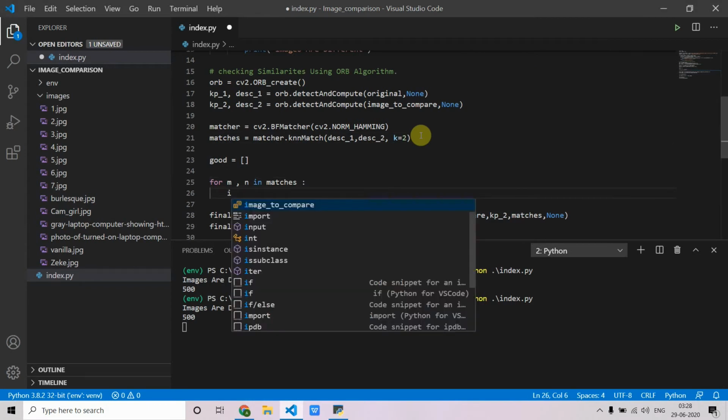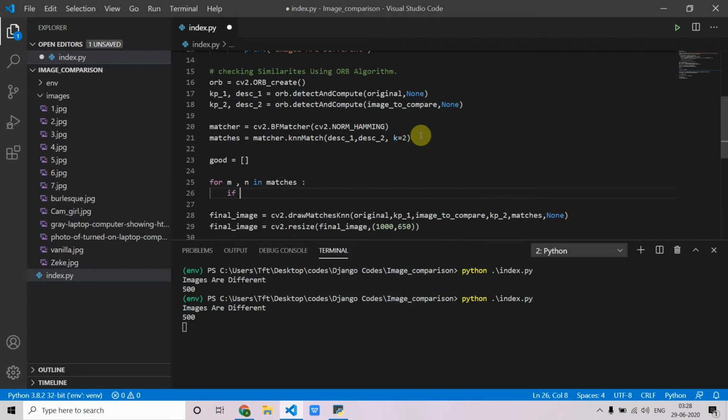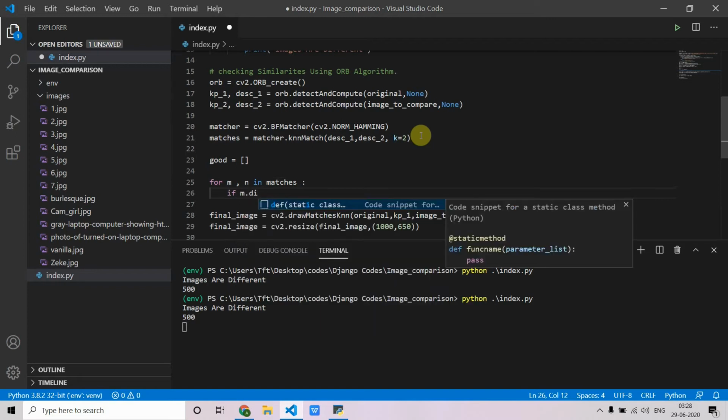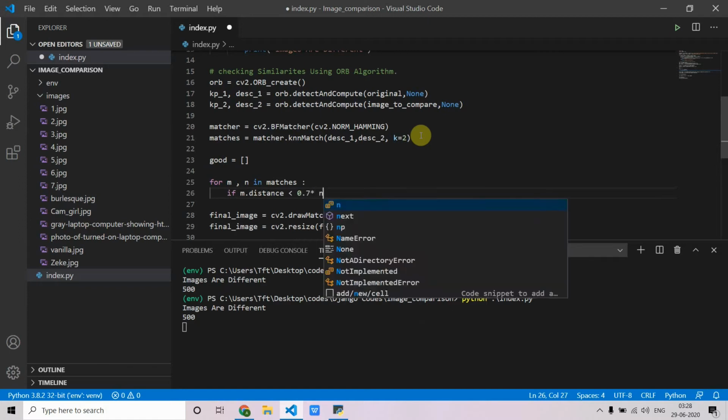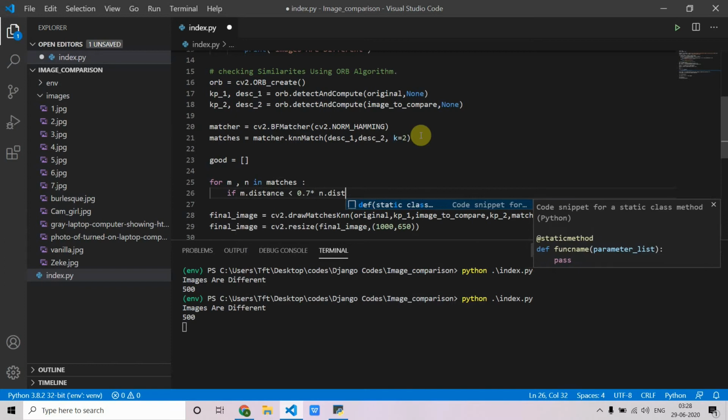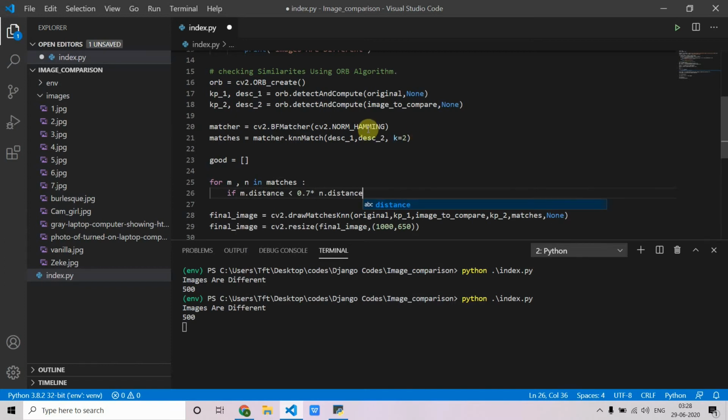Then if m.distance is less than 0.7 times n.distance. As you might notice, the lower the ratio number, the more precise the matches you can get.